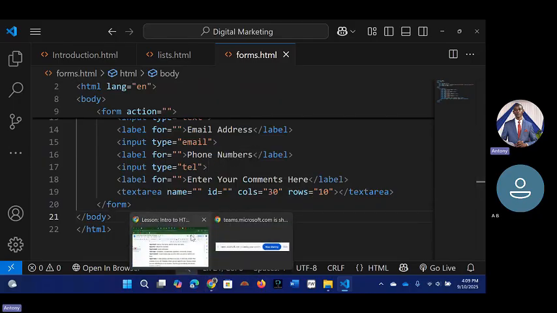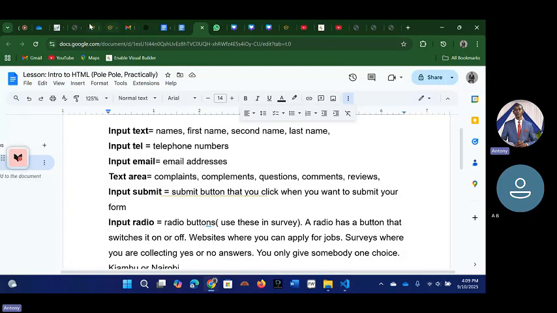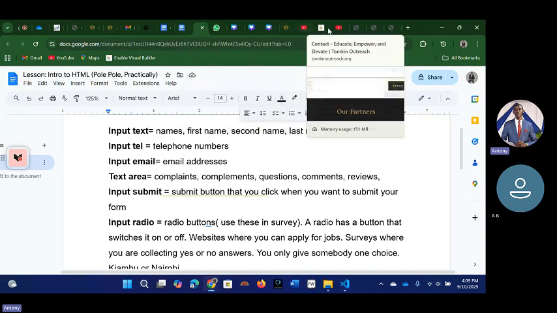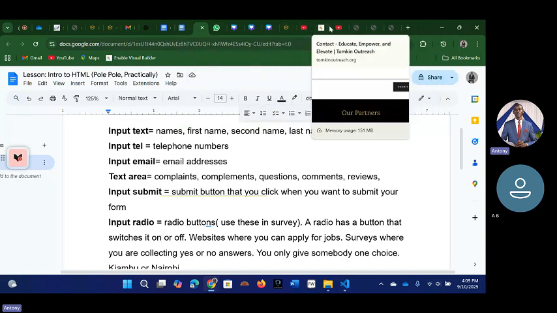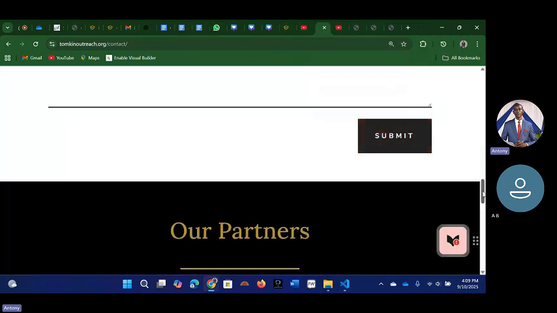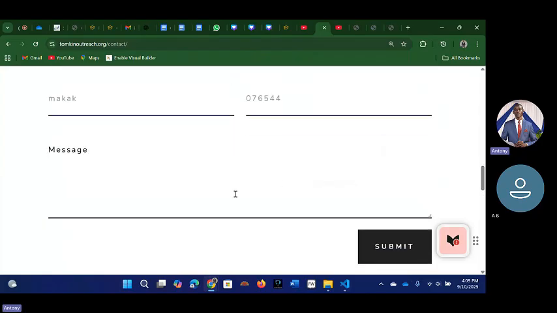So if it is a website like the one I shared with you here, so cols stands for this area from this end. This is the width. And then the rows stands for this height. So if you enter 30 by 10, it means that from here to here it will be 30.